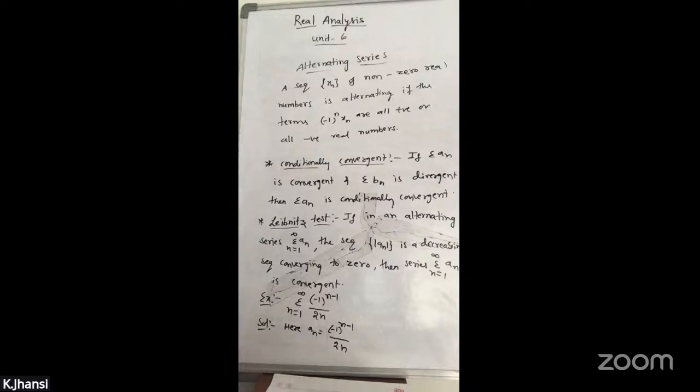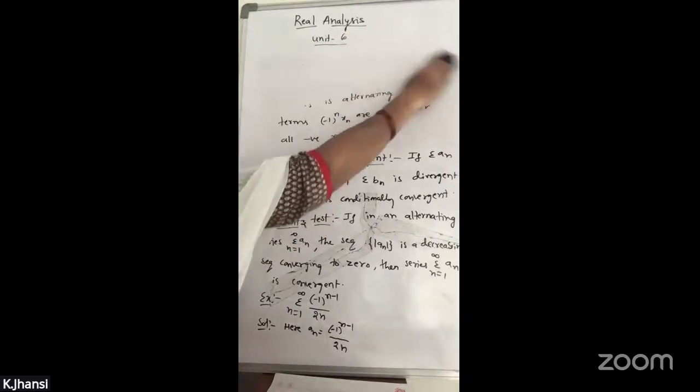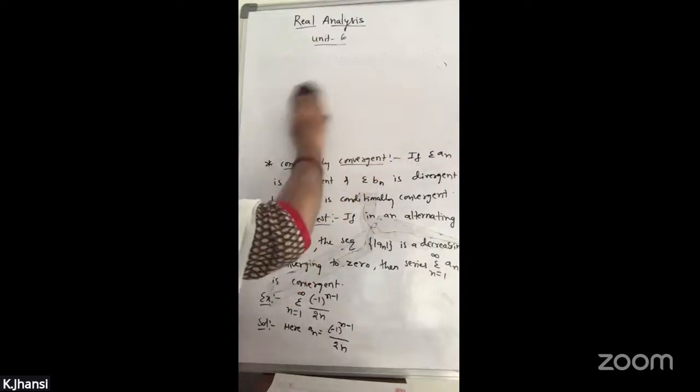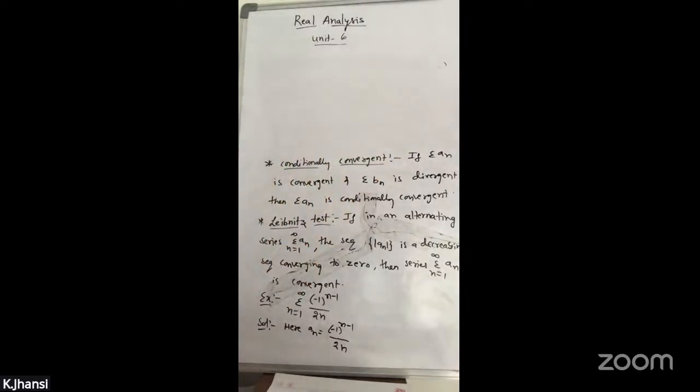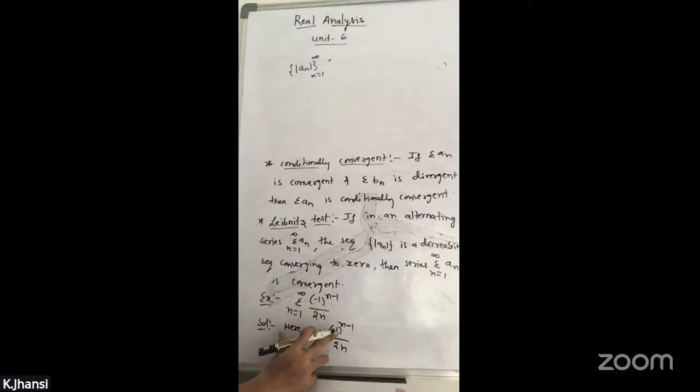Okay. Now the sequence of modulus of an, I'm writing above, that is the sequence of mod an, n equals 1 to infinity, is equal to,